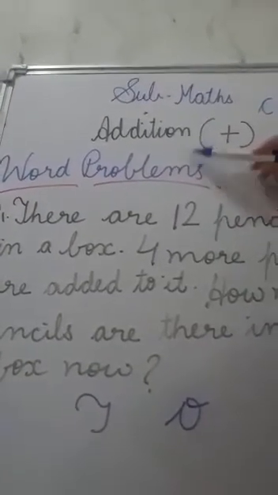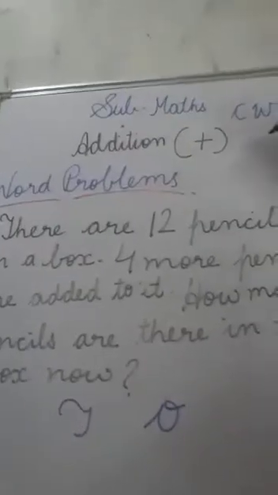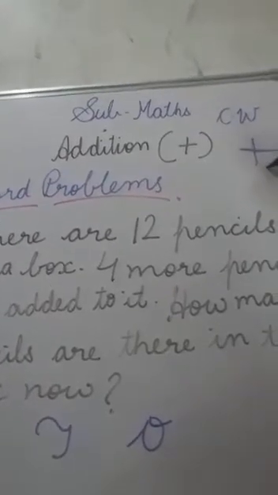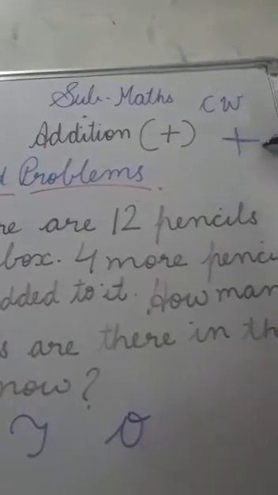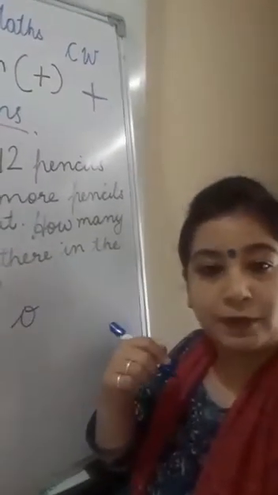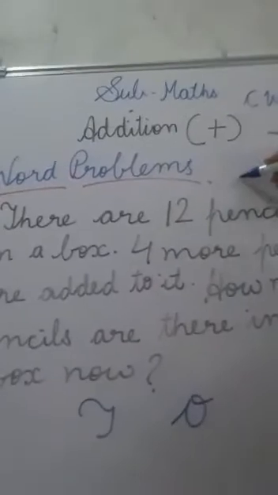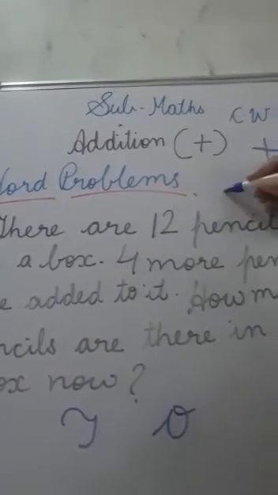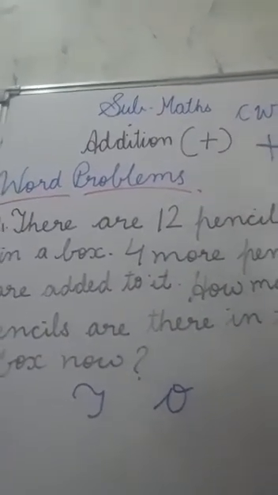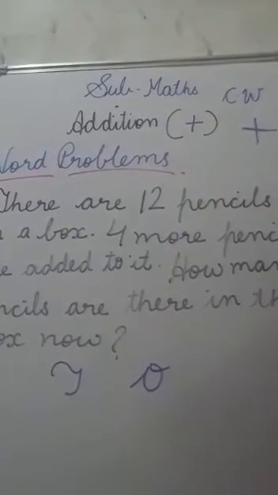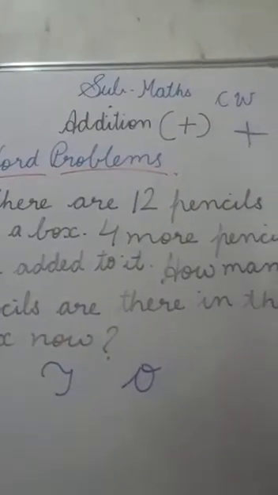It's addition, and you know this is the sign of addition. One standing line and one sleeping line. So addition means, kids, adding something, especially two or more numbers. So look at here. See, this is the word problem, or you can say the statement sum. In this, kids, there is one problem and you have to solve this.